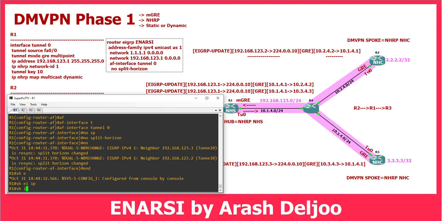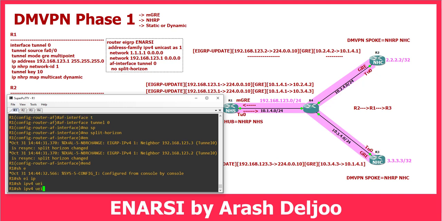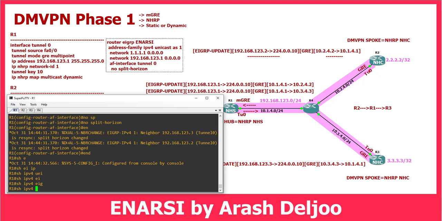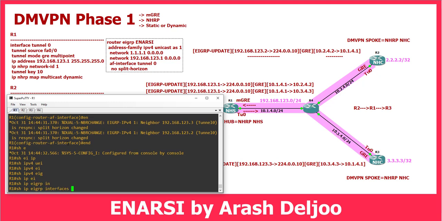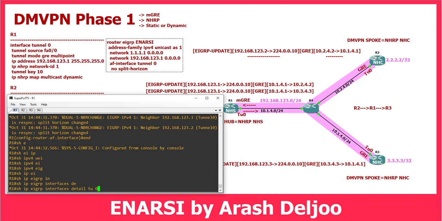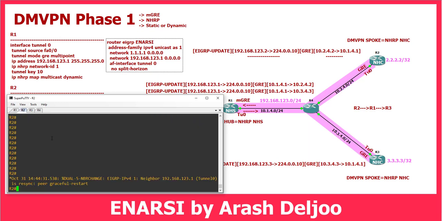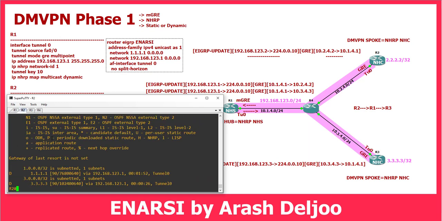If you want, you can use show IPv4 EIGRP interface. We should use show IP EIGRP interface detail tunnel 0. On this interface now split horizon is disabled. Okay, because of that, in Router 2, if you verify with show IP route EIGRP, it can